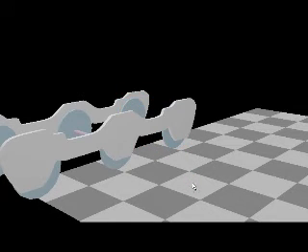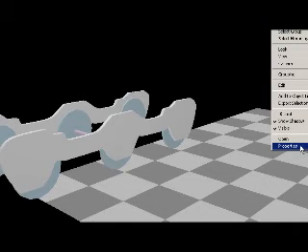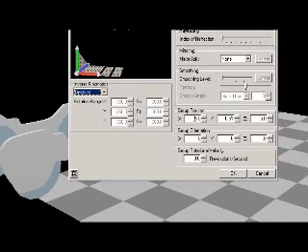To start, Control C, Control V, pasting it, then positioning it 0 on the X. The Y position will be 0.525,